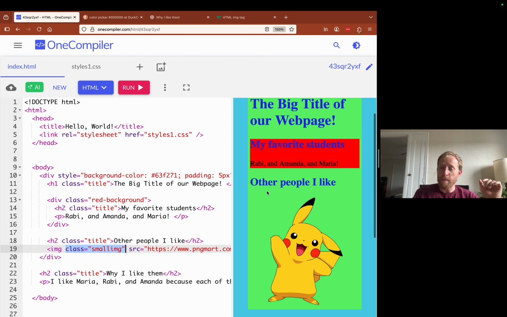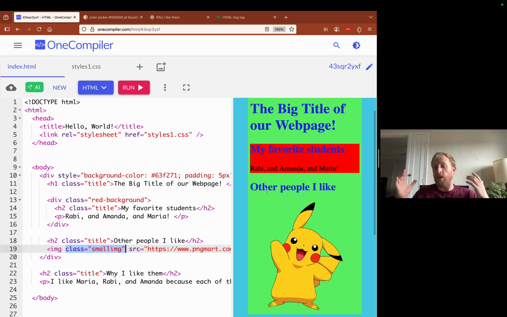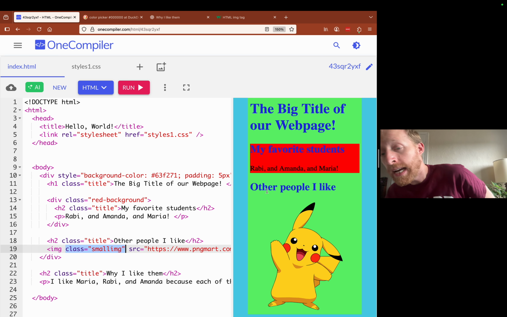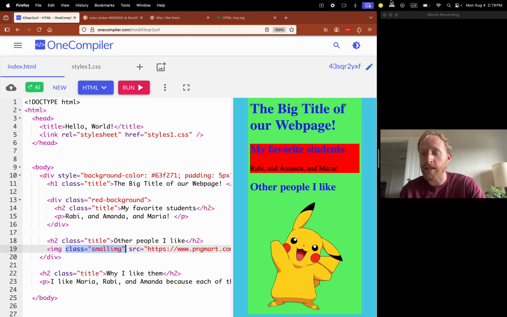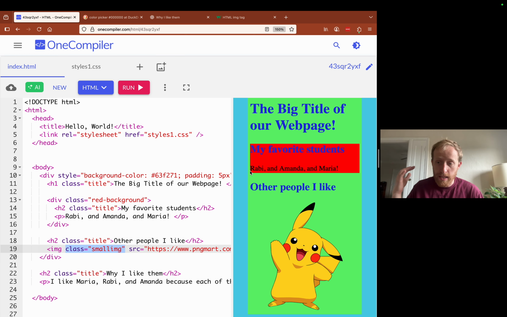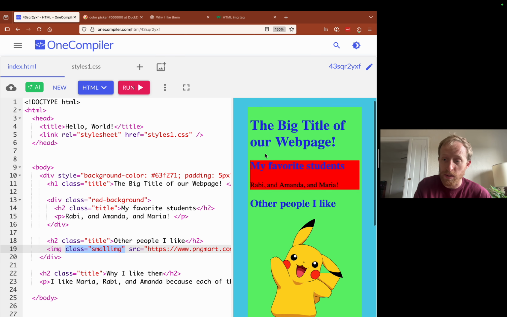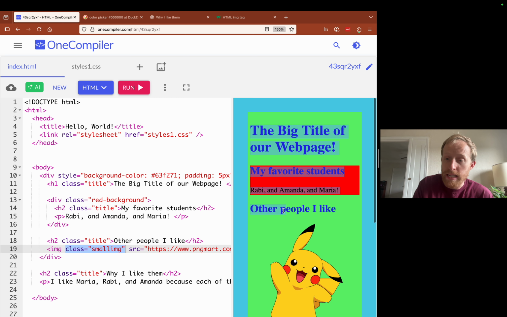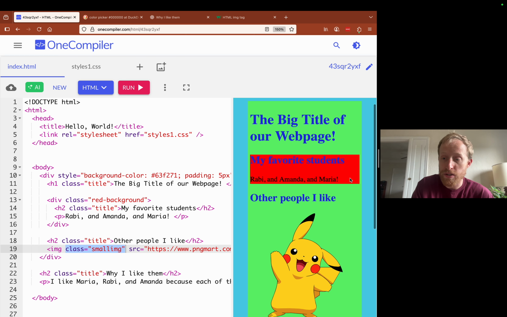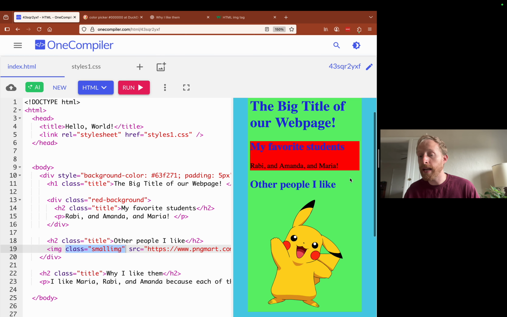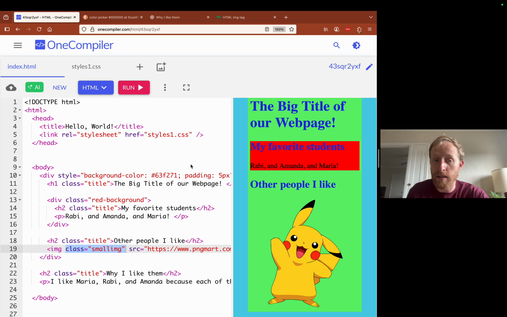So now we've got a web page. Basically, you already have in this hour and 15 minutes or whatever it's been, the skills that you need to build a basic web page. Now, obviously, this isn't that beautiful because my goal was not to make it beautiful. But if you made these colors better, if you adjusted the font size and added whatever information you want, you're writing web pages today. You're writing web pages at the level that you're at right now.